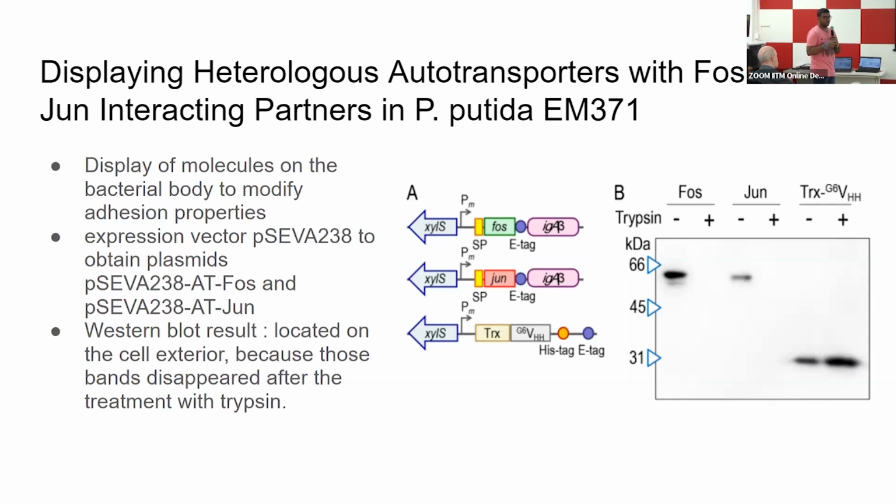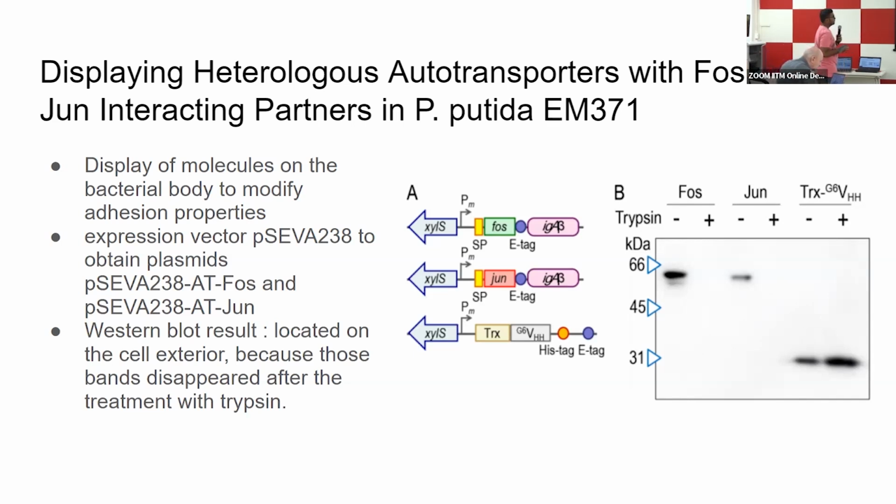Then the other objective here was to add artificial adhesins. Initially our parental strain has some adhesins. We removed 21 regions from them, and now the objective here is to add synthetic adhesins and check the properties again. So this FOS and JUN represent transcription factors, and it is in conjugation with ETAG and